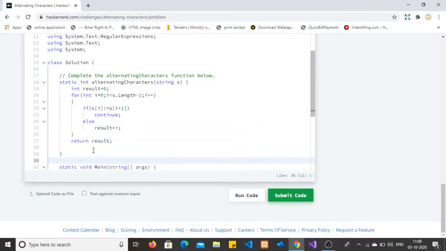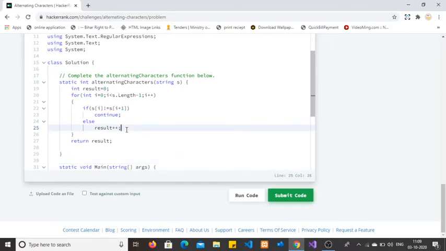What does it mean? First I am checking if the first character and the second character are not equal, it means no need to delete. If it is equal, then we need to delete, so I am incrementing result by 1.